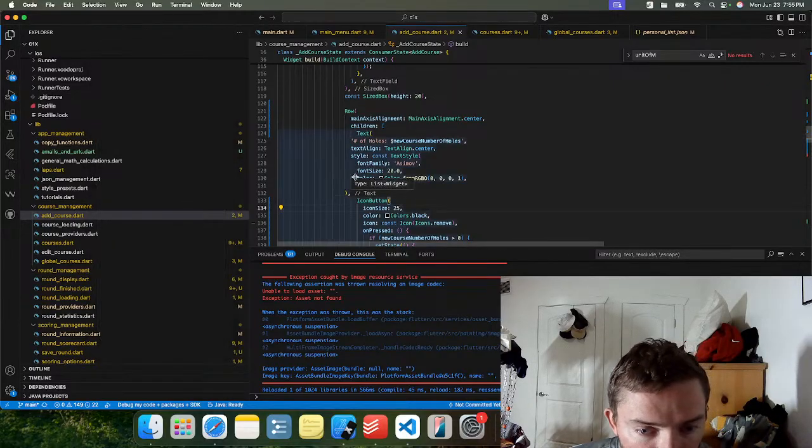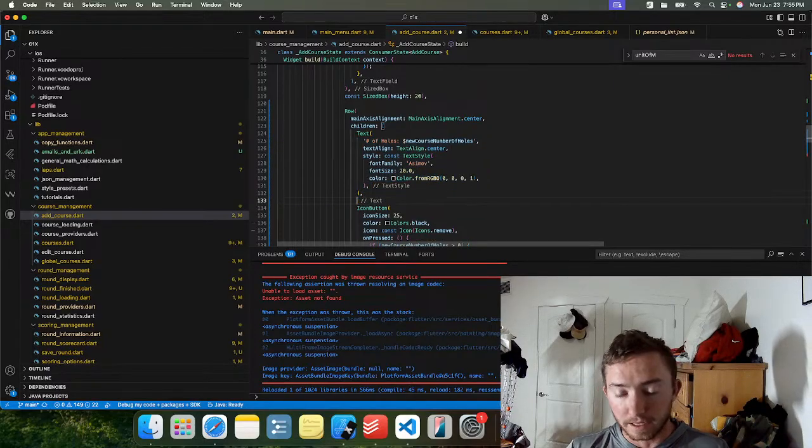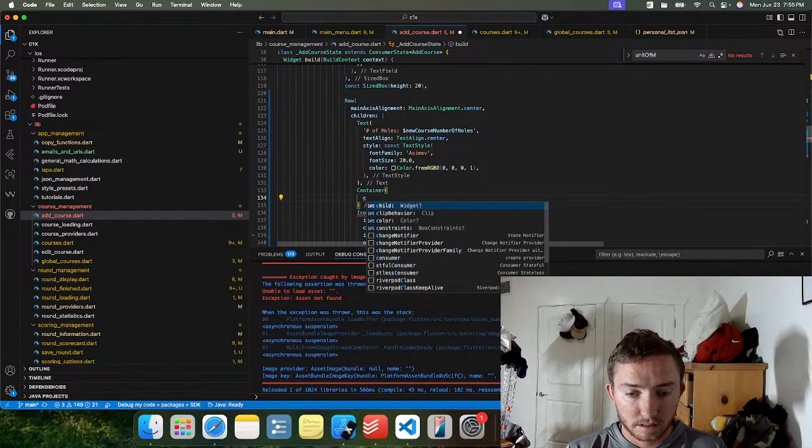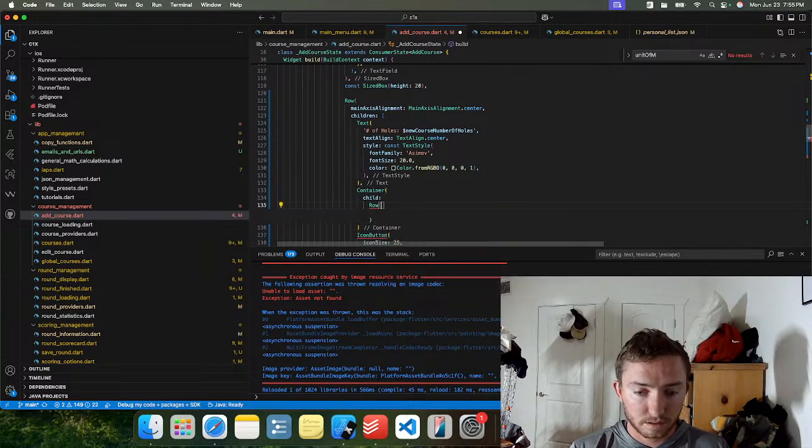And then I wonder if I can just throw an outline around it. If I throw a container, child, don't do that, row,